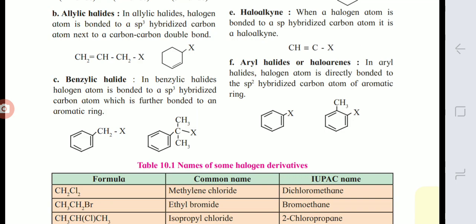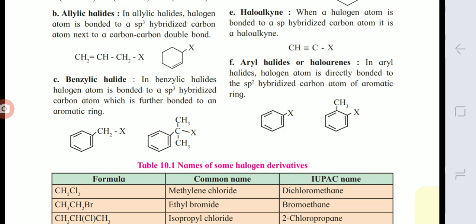That is the difference. So what is the name? The C6H5CH2 group is the benzyl group. So it is benzyl halide,